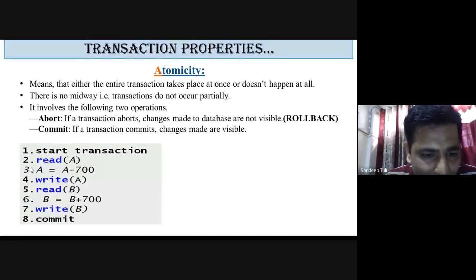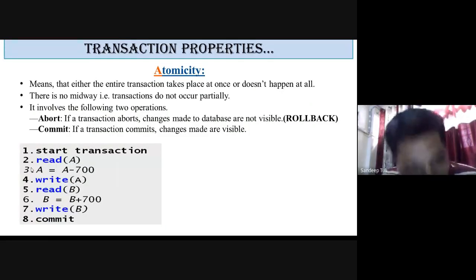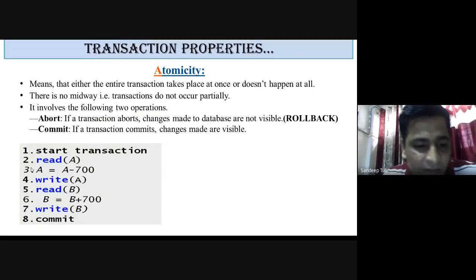I have explained that there are some commands that belong to the transaction control language part. In transaction control language, commit and rollback, we have already studied. Commit means that once the transaction is completed, it needs to be committed. The commit statement ensures that all the above 7 statements have been successfully completed and have updated the database as per the requirements. Only after the commit statement does it mean that the specific transaction has been executed successfully and completely. Okay, now let us start.